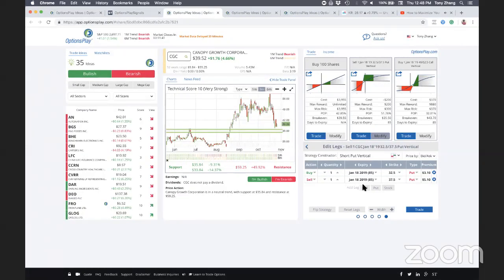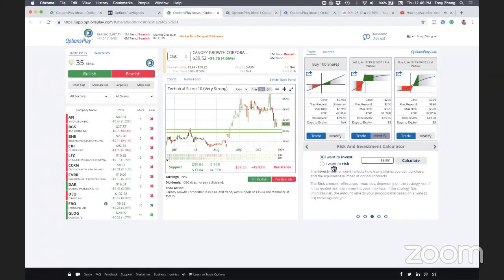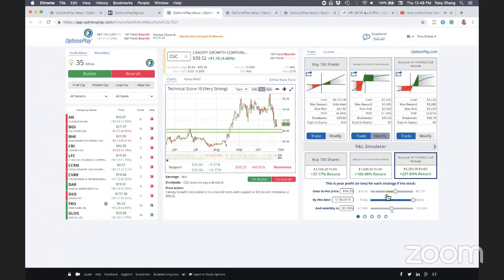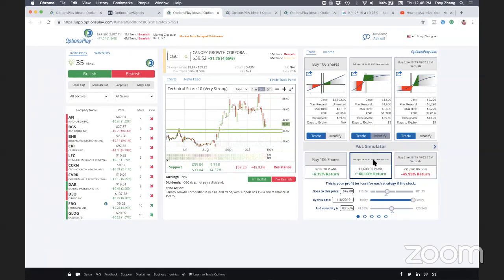And just to compare apples to apples here, let's say I'm willing to risk, I don't know, $2,500 on each one. So now let's actually compare apples to apples. It depends on how far you think Canopy is going to go. If you think it's going to stay where it is, around $40, $42, as you can see, clearly the credit spread is the winner here. So if you think the stock's just going to sit near the support level and not really move anywhere, that's when you want to trade the credit spread.